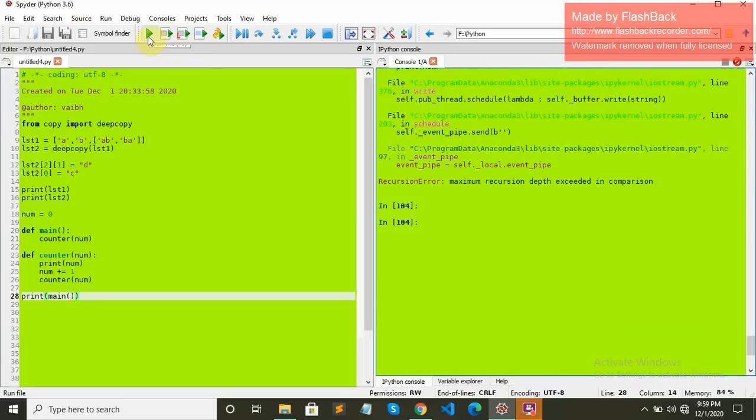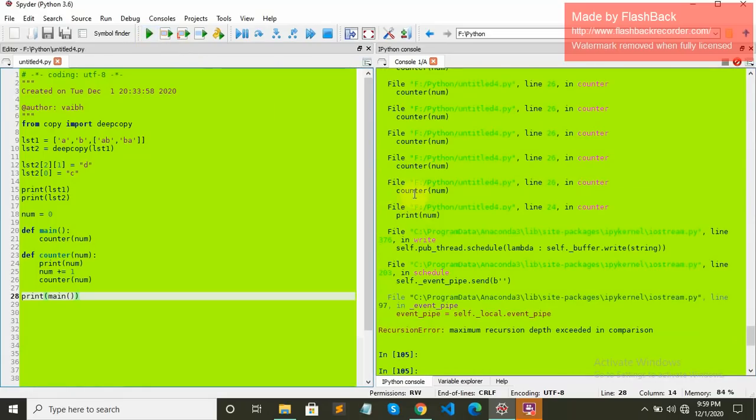If I run it, it should first give you some numbers and then it will just go infinite loop. So this IDE stops itself and then it will stop.